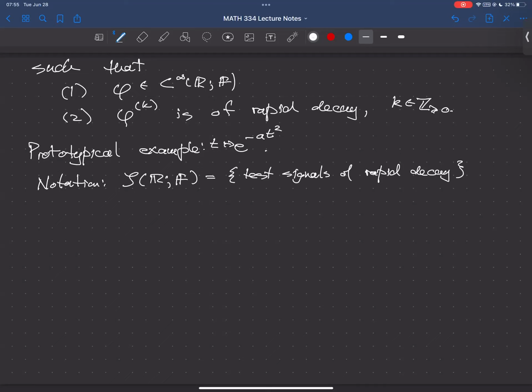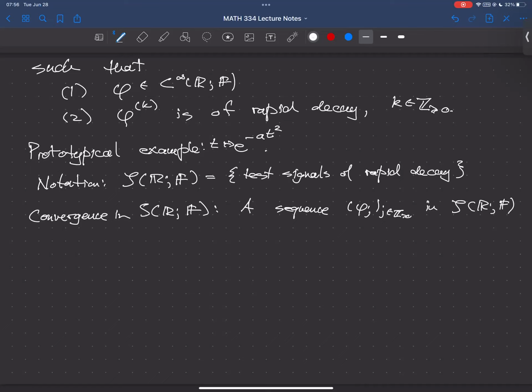All right, so this is as opposed to D, which we've had before. So this is a new class of test signals. Convergence in S. So a sequence phi_j in S converges to zero